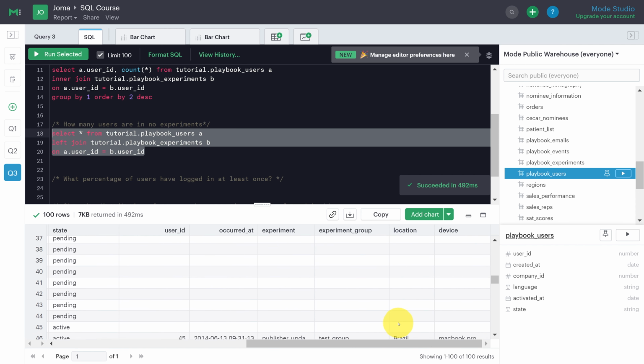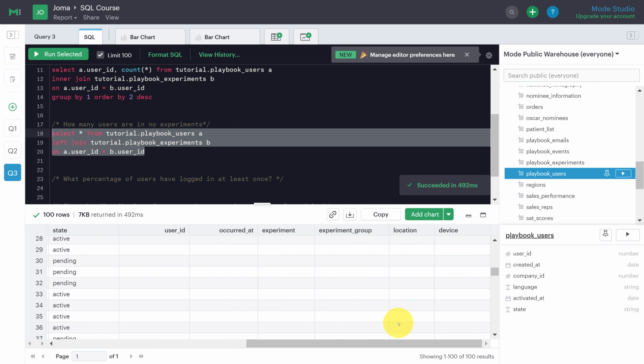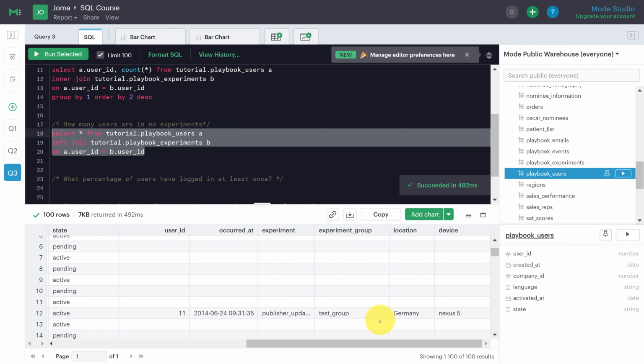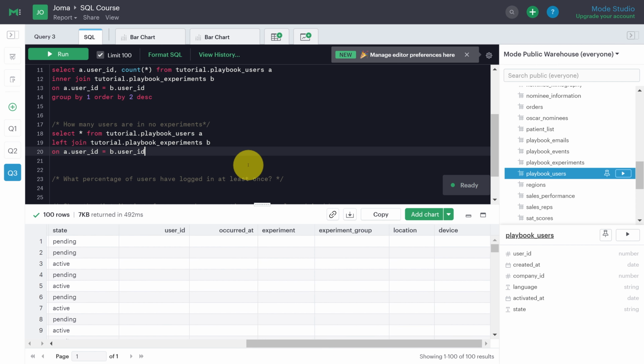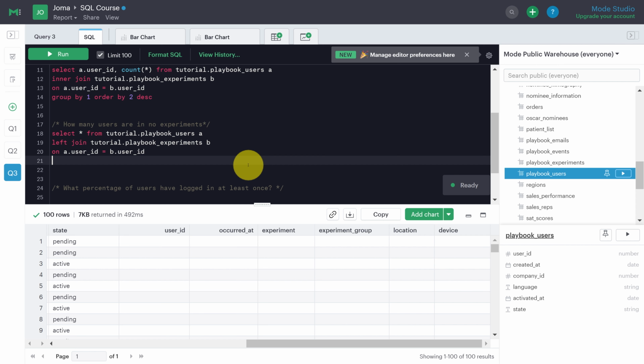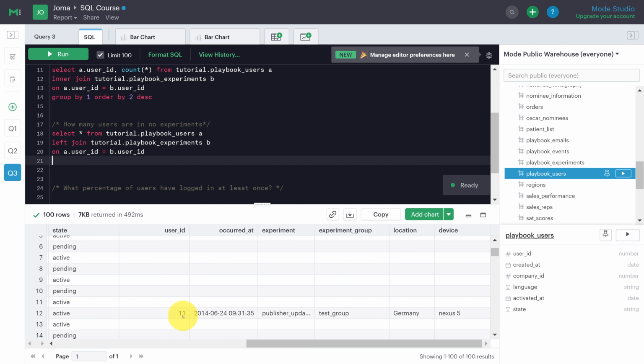Well, first, what I can do is segregate all the users who are in an experiment versus all users who are not in an experiment. So how do I do that? Well, I could just filter it, right? What do I filter by? Well, I know that if user ID from the B table exists, then it means they're in an experiment. Then I can just filter them out. So where